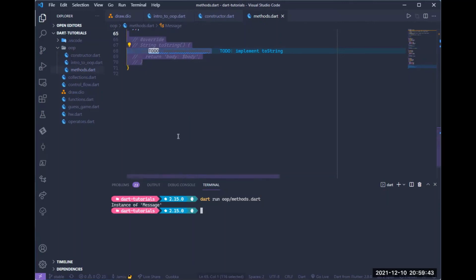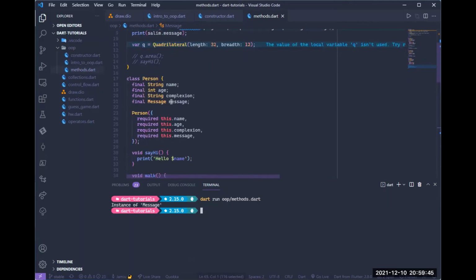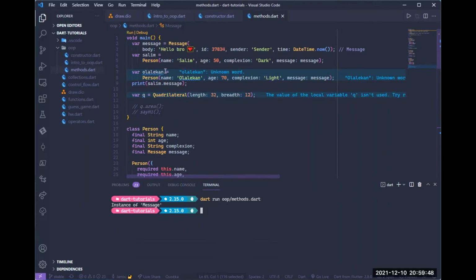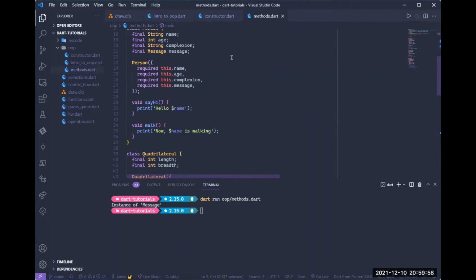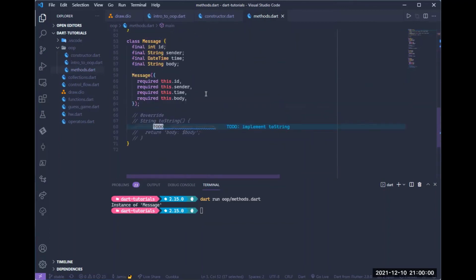It's telling us it's an instance of message. We wanted to print Selim.message. Remember, message 2 is an object on its own. It's a class on its own. It's an instance of message. Now to print what is inside this message, we have to override. We'll talk about inheritance and polymorphism in the next class. But we have to override